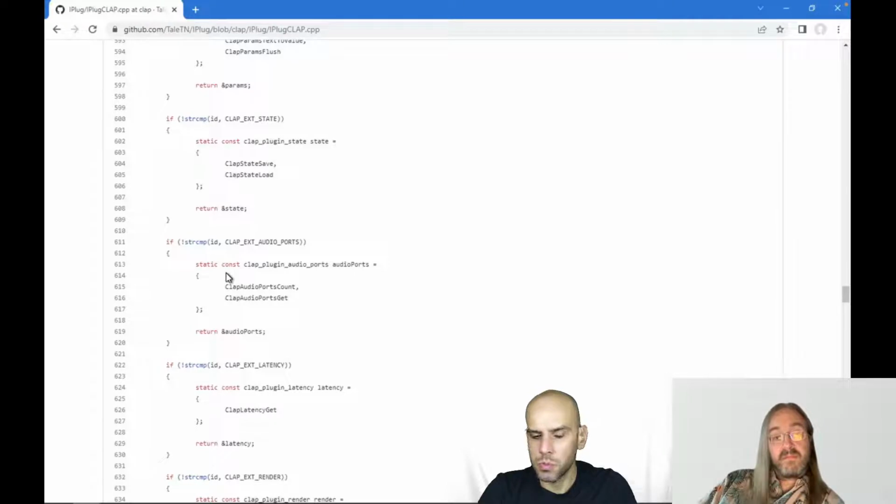So multiple ports would be for something like if you have a main source of audio and a side channel, perhaps you are doing a compressor and you would like some kind of side channel, that would be a separate port? I think so, but I guess Clap doesn't really specify that, or maybe I just haven't read it yet. But the thing is, in Reaper, this of course doesn't really make sense because you can route anything to anything. So I guess it also depends on the host. But there might be some hosts that only support sidechaining if you have a second port. I think that's probably true, yeah.